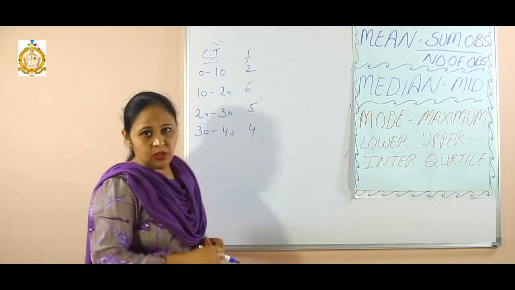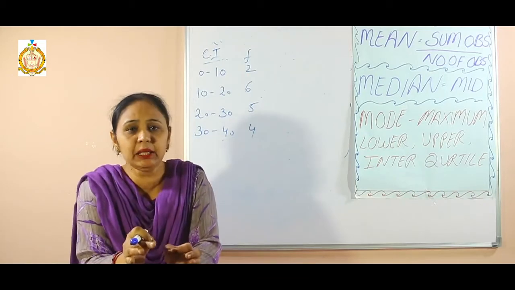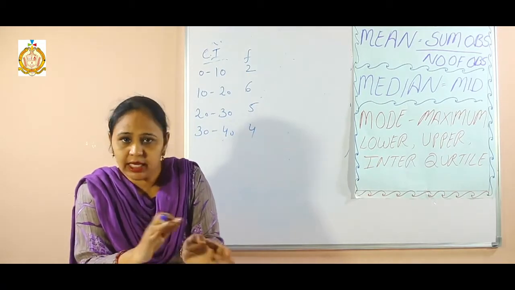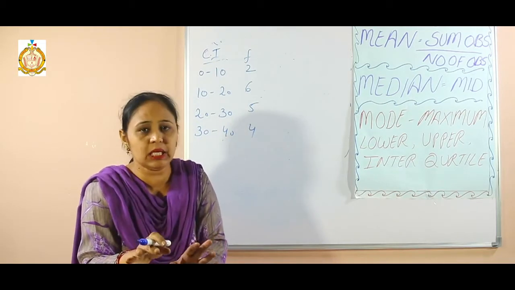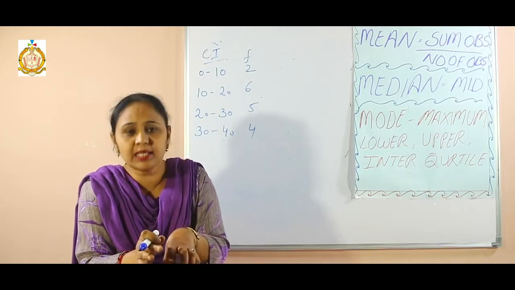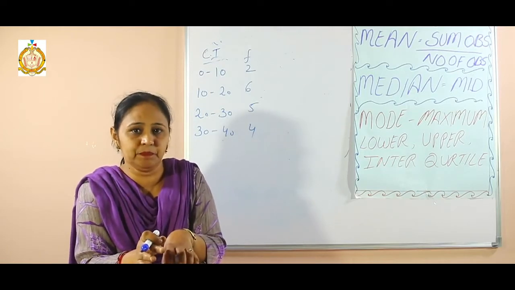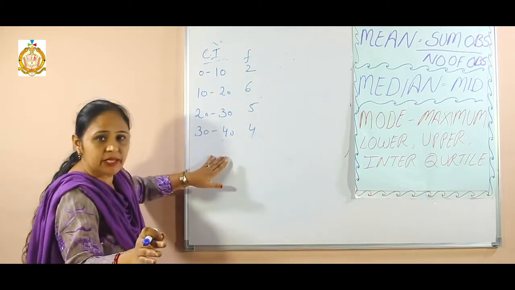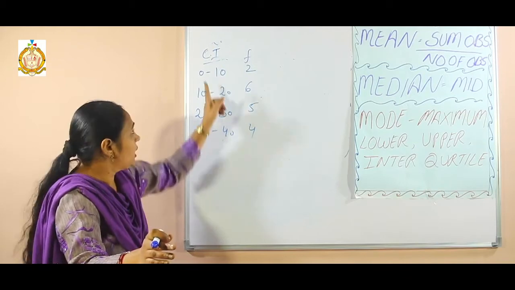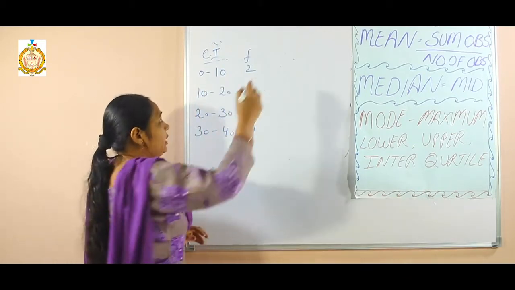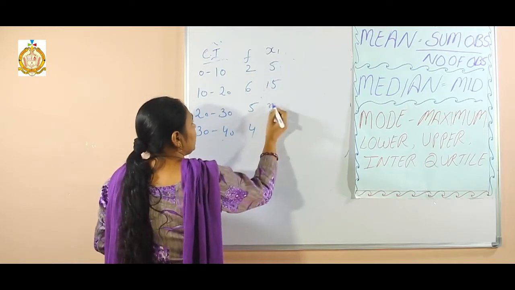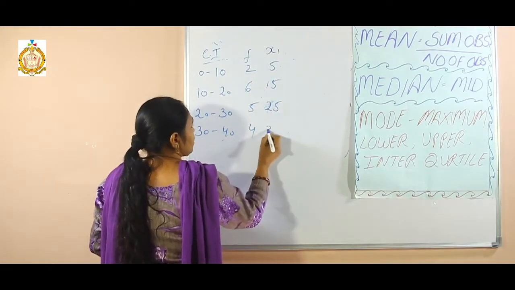And one thing more, if we find the mean by any method, the answer will be same, because mean is same. Answer will not change. But we have to learn these three methods because in the examination they can ask any method. Now interval is given, frequency is given. First step, we have to find the class mark. Add these numbers and divide by 2, it becomes the value of xi. Then 5, 15, then 25, and the last one is 35.